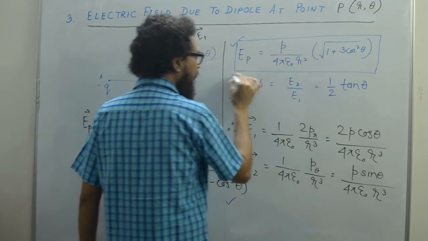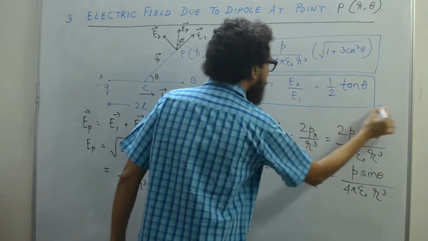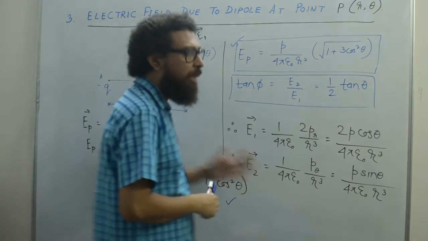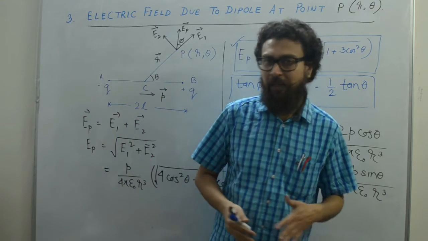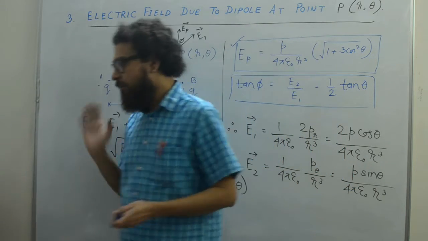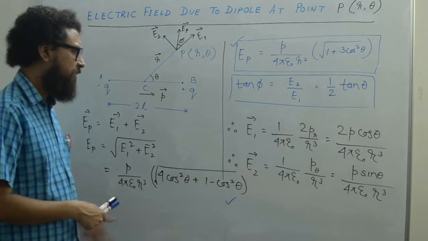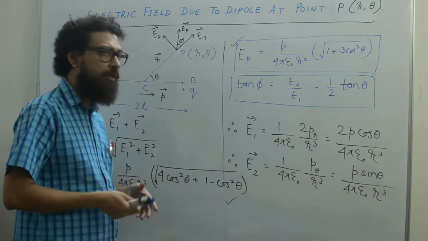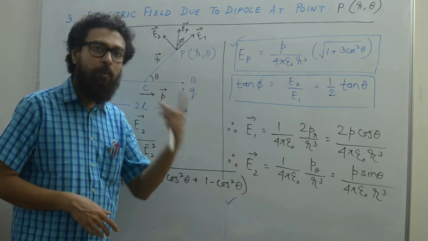So tan phi is half tan theta. This is the generalized form. It is not a special form like axial or equatorial. So hope you have understood this. This is not much difficult, but you have to visualize everything with respect to the polar coordinate